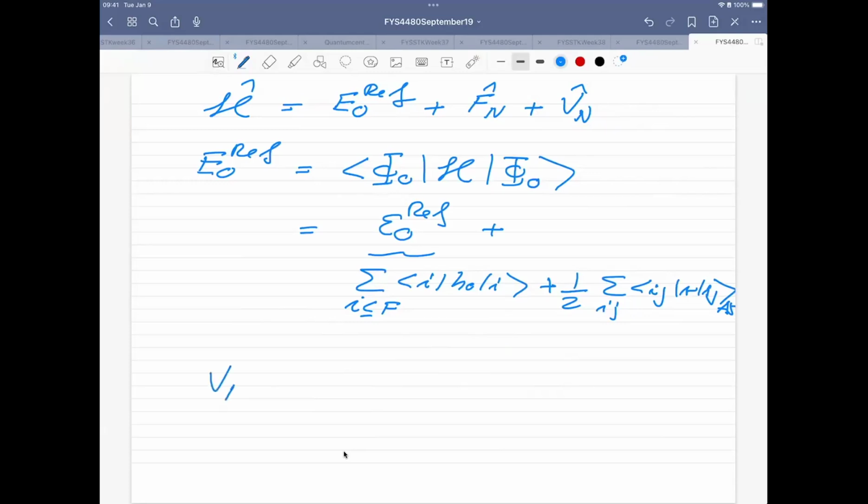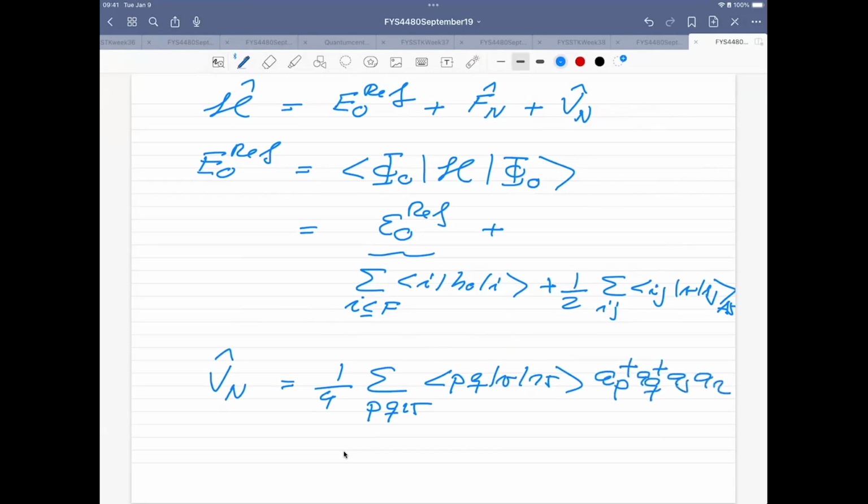So V_N is then just 1 over 4, and then I have a sum over pqrs, and then I have the integral pq V rs, and then I have a_p dagger, a_q dagger, a_s, and a_r. So that is set. Now, if we now look at what remains here,